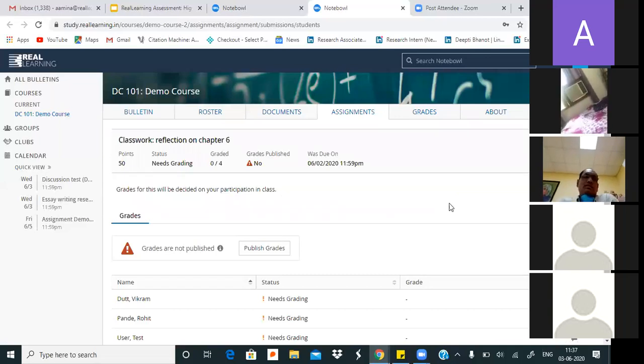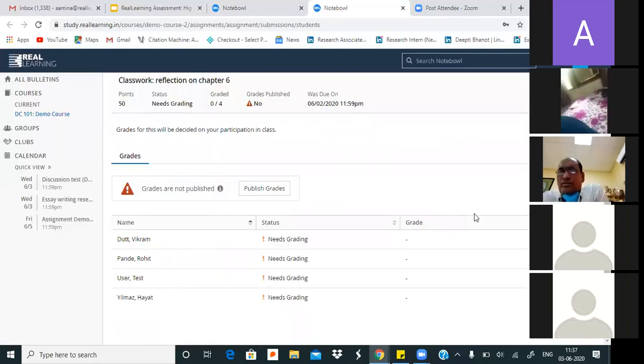I give the instructions for it. But when I have graded the students offline, I come here and I grade them. I just simply enter their grade. I can also give them feedback. And if I've created an offline file, I can also import the grades from here. So this is how teachers can take an offline submission as well.